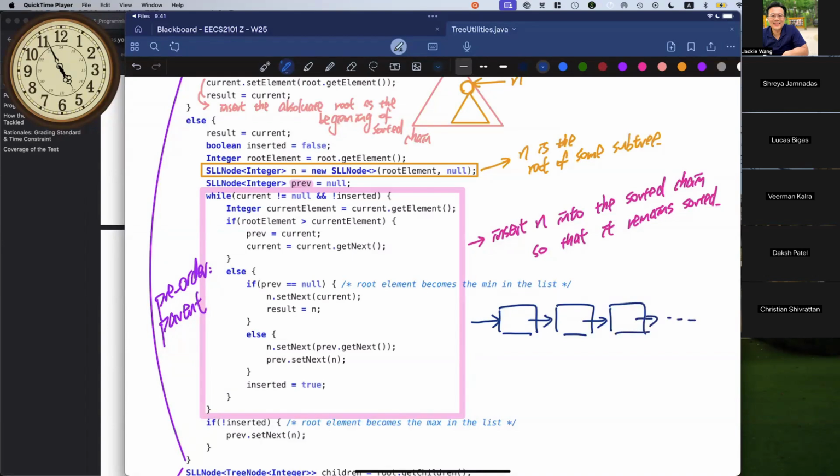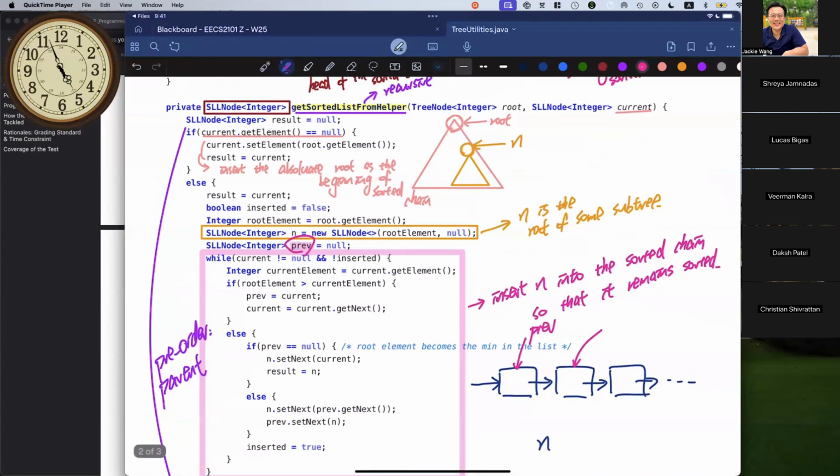Let's say we want to insert n into it, but where exactly should we insert it? What you will see when you study this fragment of code is what it is trying to achieve. Think about this as the previous node that I highlighted to you, and this one over here is the current node that we are using to traverse the list.